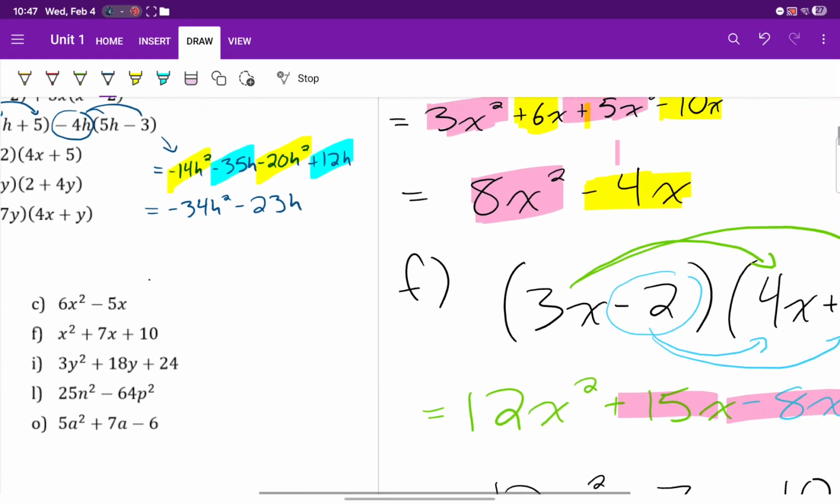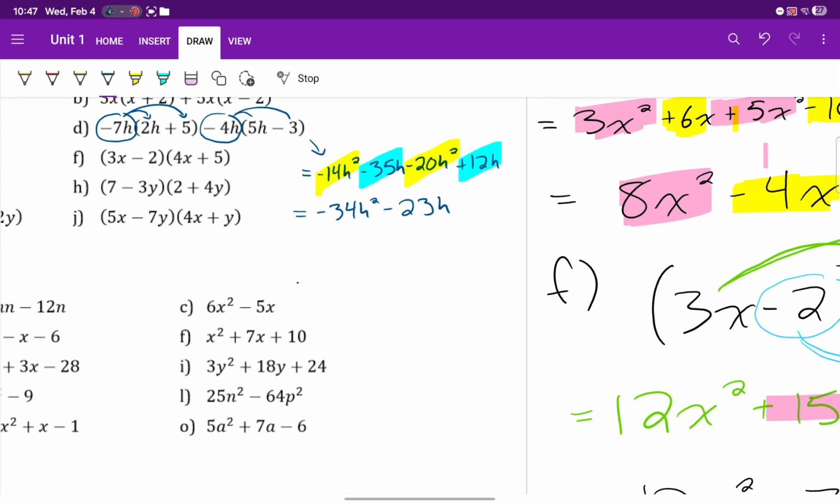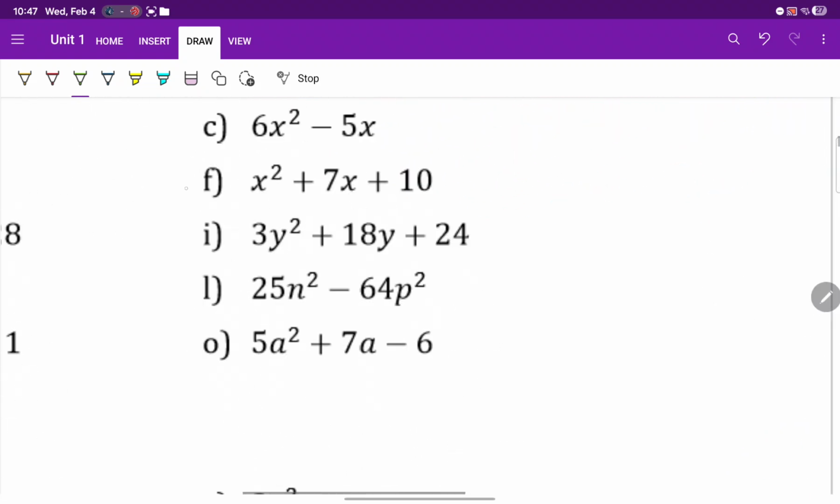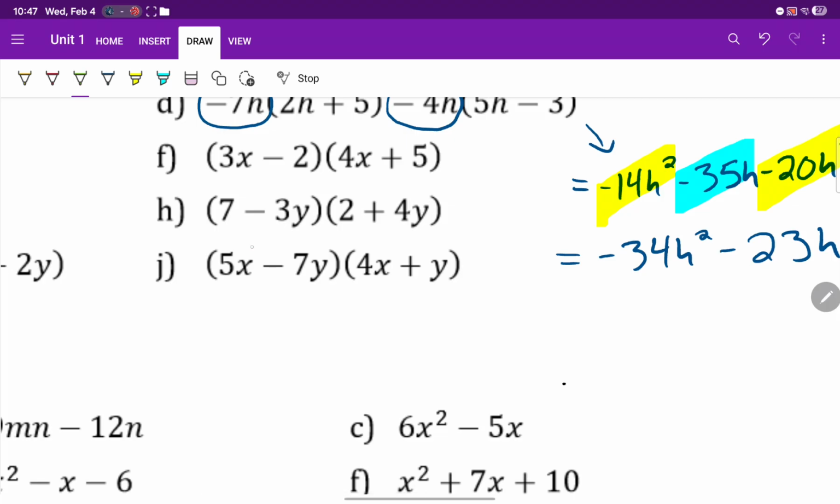The next one, I'll do J. In this one, you're just practicing your foiling. So foiling here, I have two terms in the first bracket, two terms in the second bracket. To expand and simplify here, I need to multiply each term in the first bracket by each term in the second bracket. When I do that, I get 20x squared plus 5xy. Then I'm going to take my other term, my -7y, and multiply that by both terms in this bracket. When I do that, I get